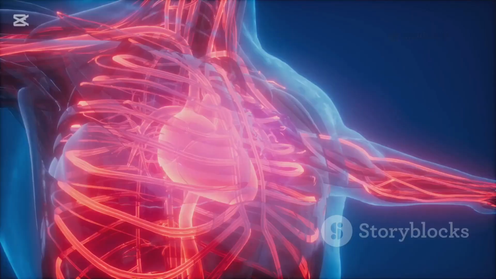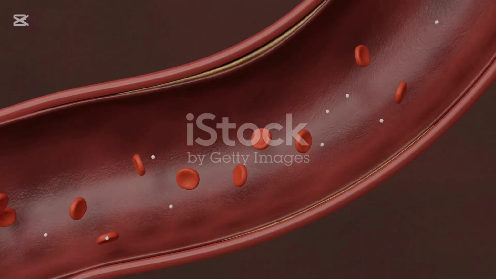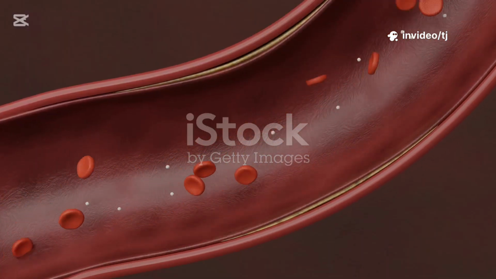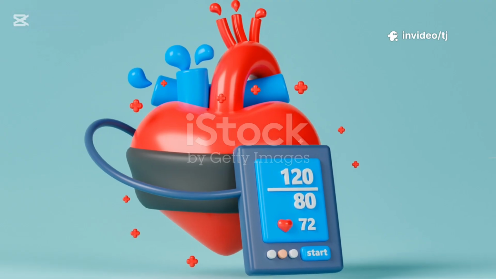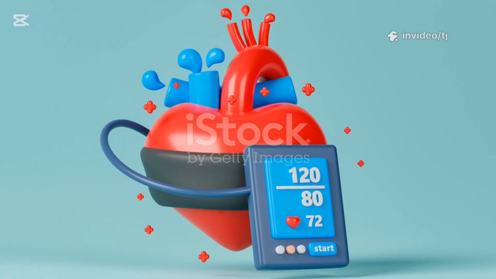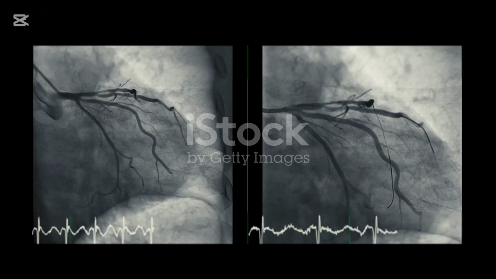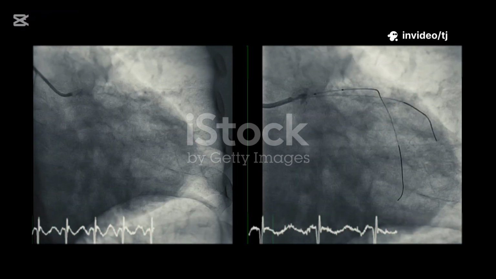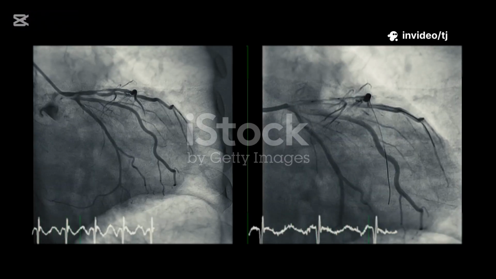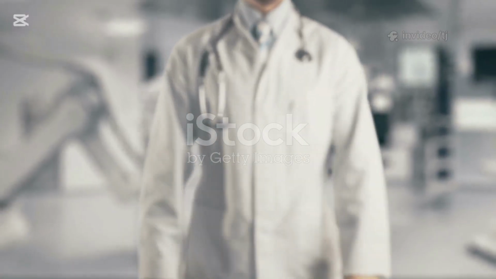Common disorders. When this system malfunctions, it can lead to serious health issues: atherosclerosis, the buildup of fatty plaques, cholesterol, in arteries, narrowing them; hypertension, chronically high blood pressure, which can damage blood vessels and the heart; coronary artery disease, CAD, atherosclerosis in the arteries supplying the heart muscle, which can lead to a heart attack;